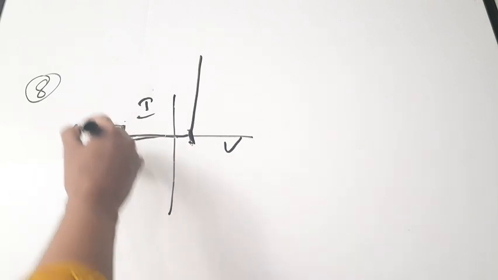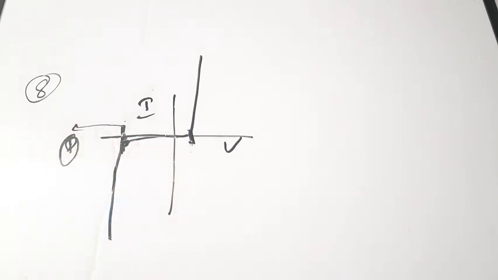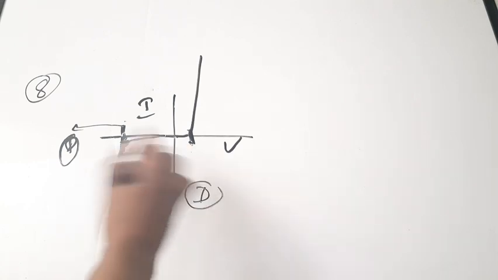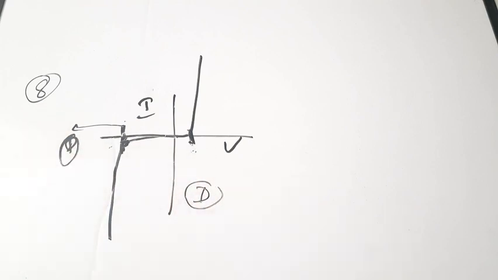Correct answer is D. Here it is happening in the forward direction. It is called built-in potential or barrier potential. So here correct answer is D. So these are the two important voltages. This is built-in potential or barrier potential. This is the avalanche voltage. Sorry, it's not avalanche voltage, it is breakdown voltage. Breakdown voltage means at the point of breakdown voltage, the diode will undergo avalanche breakdown. Okay. Correct answer is D. Next question.